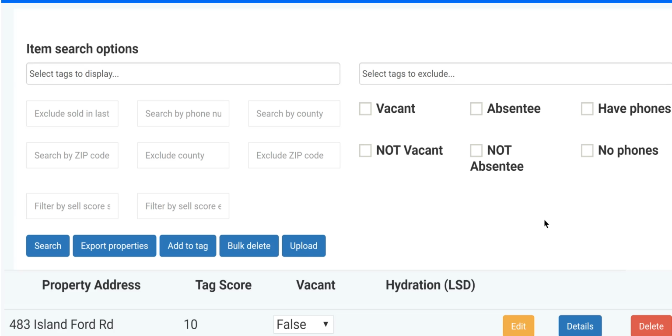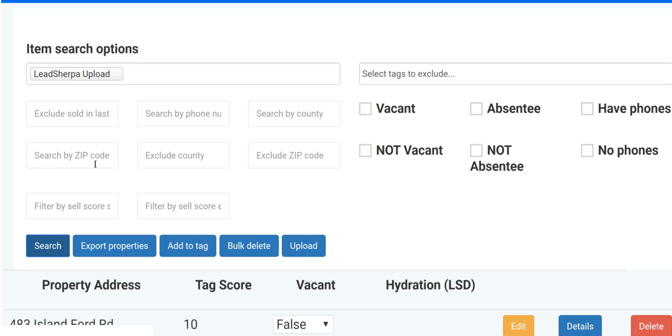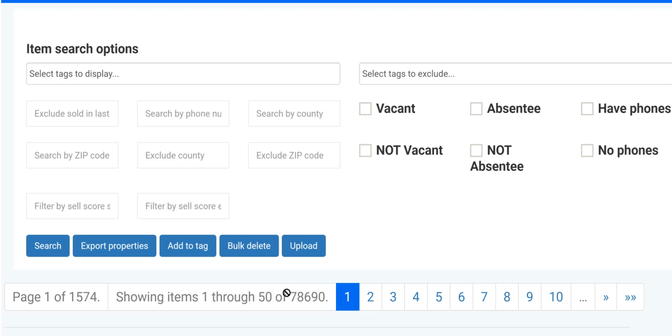Mason here. I've been working on a project for a client that has been using Lead Sherpa for sending a whole lot of SMSs. Anyhow, he was curious on how he could pull his data out and do additional marketing to it. So what we did is we created an auto import rather than having to do the traditional mapping of it, and saw that he has almost 80,000 unique properties, and